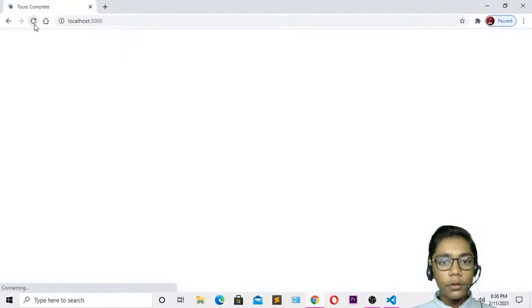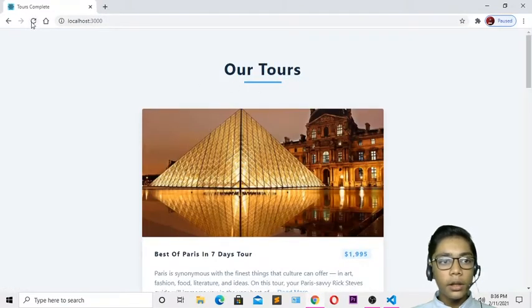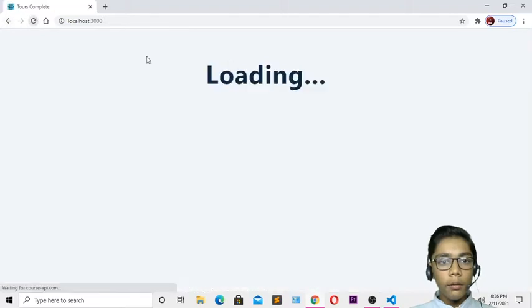You have to hit refresh from here. So you can see we are getting a loading page. If I just show you, you can see that we are getting a loading page for 2 seconds. So like that it is coming, and over here it is just having a beautiful loading page. You will also get that if you have created all of these.